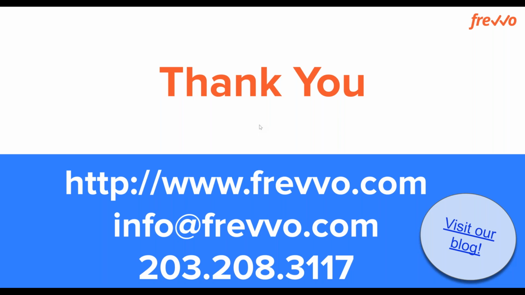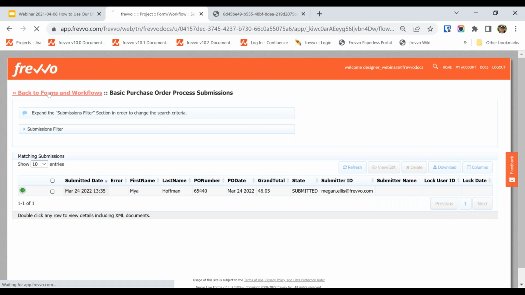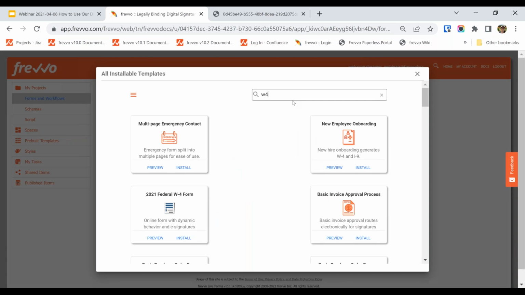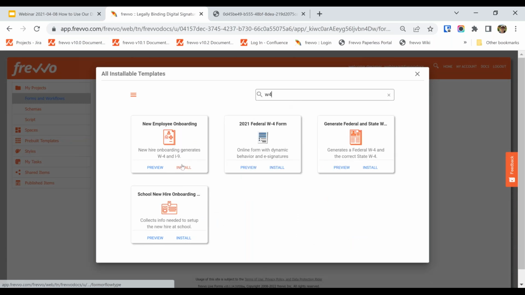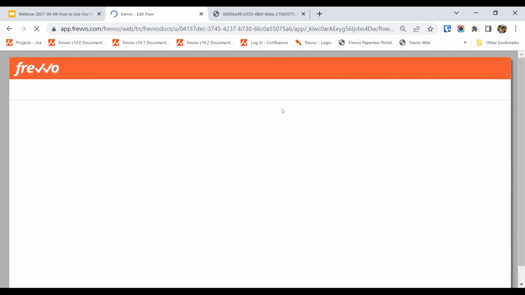This one is, can you submit other documents for signatures, or is the signature feature only available as part of a form? Well, I think what you're referring to is, can I apply a signature to another PDF, like a government W-4, for example? And the answer is actually yes. And in fact, let me just pull in a PDF really quick to show you. frevvo has a feature where you can actually map your form data